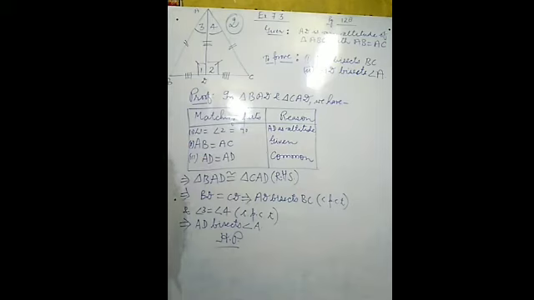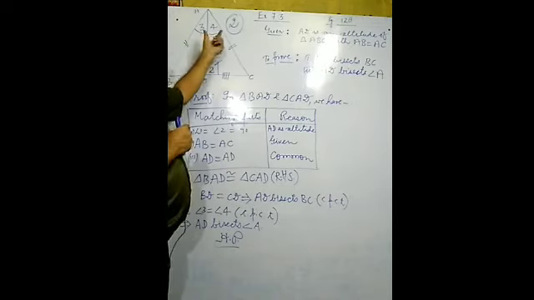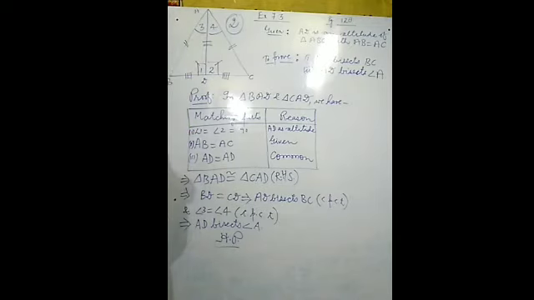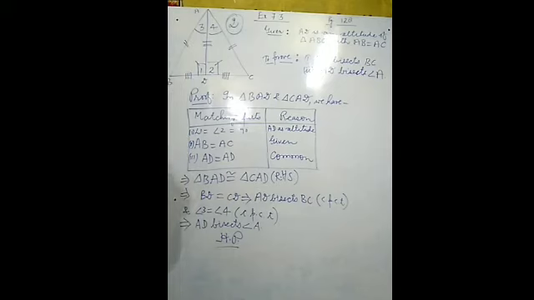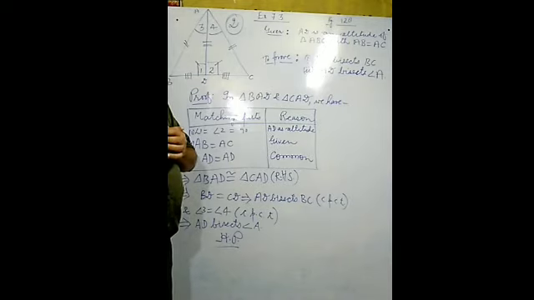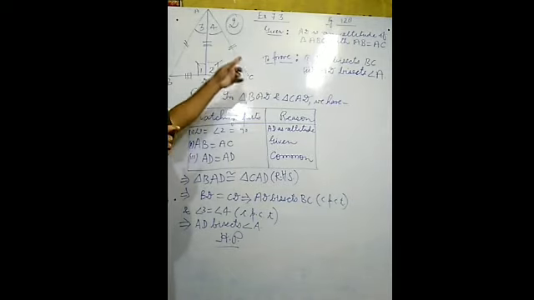Again, the left hand side triangle is congruent to the right hand side. So by CPCT what will be there? Angle 3 equals angle 4. If angle 3 is equal to angle 4, so again angle A is bisected by AD. So what role does AD have here? AD is again playing the role of angle bisector. Now AD bisects angle A, the second part is also proved.